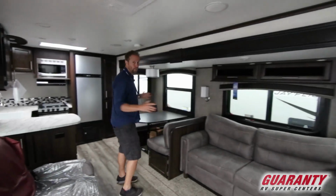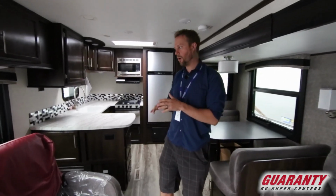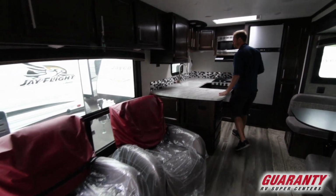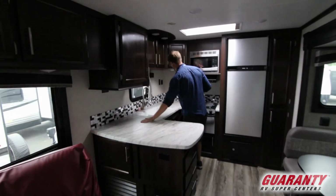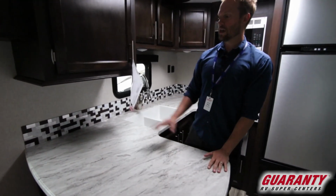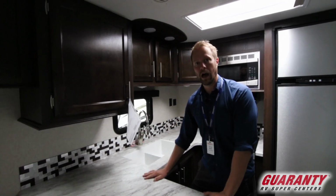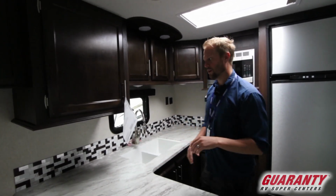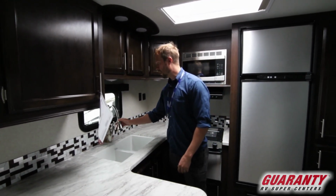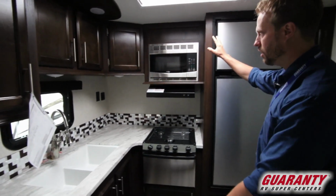This is a really big space in here, and one of the things that really sets it apart is that it's really dynamic. So in the rear, you have your huge kitchen with your peninsula countertop. Really nice countertops, a lot of space up here too. So you can actually be setting your coffee pot and whatever else you need just kind of static on top of the counter, and it's not going to interfere with anything you're preparing in there. Big double basin sink, I have a spray head on the faucet,